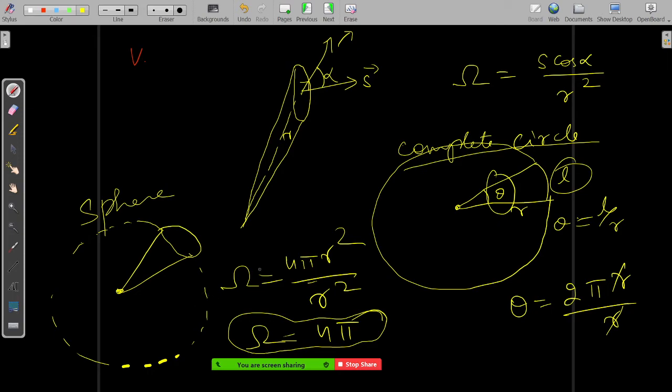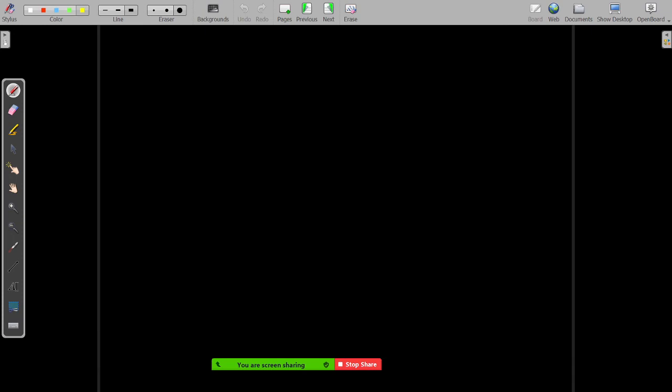Now, what is the solid angle made at a point outside the closed surface? So let's say this is your loop, and this is making an angle. This is your theta. You are going to close this loop. We were having it like this earlier. So we took it like this: this theta, this is L, this is R. So we took that the angle is basically L by R.